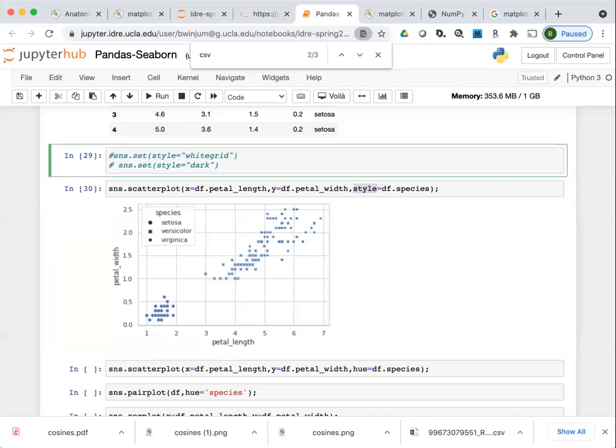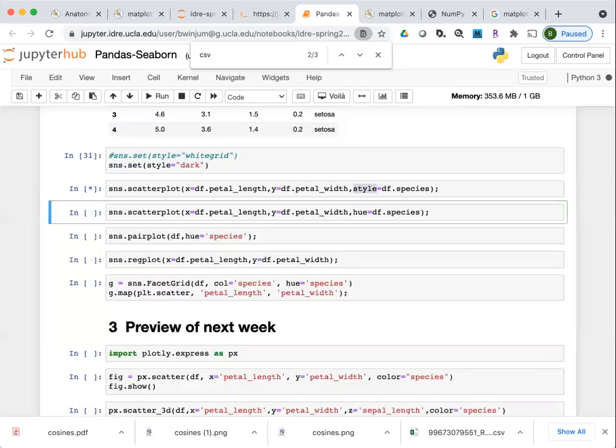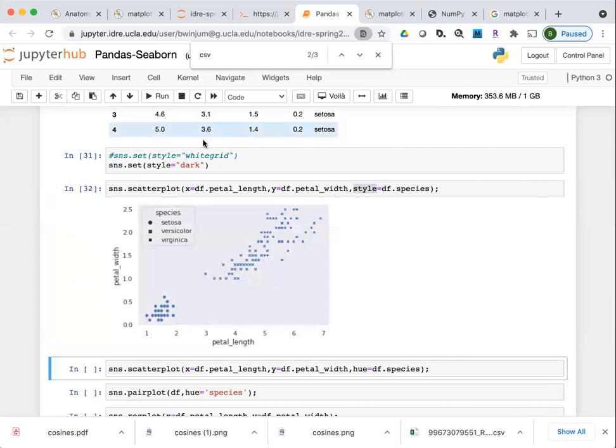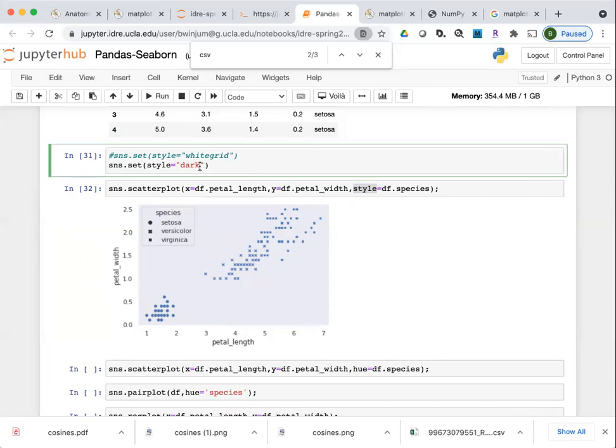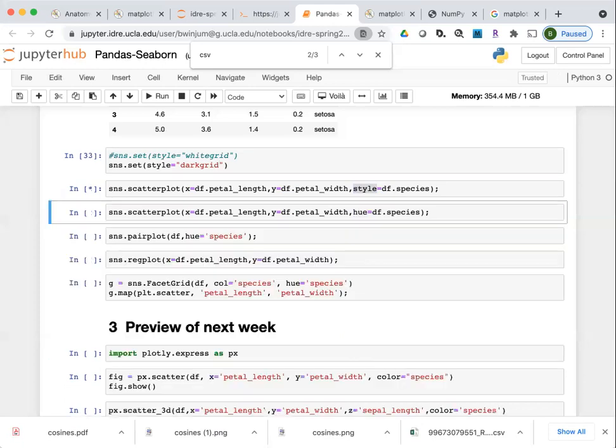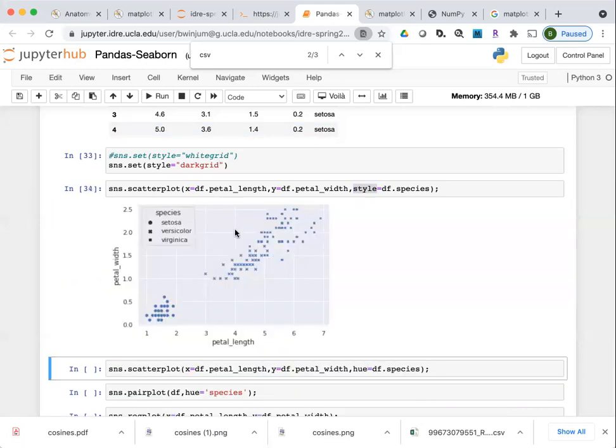Say I use a different style setting called dark. These style settings are ways to change some of the default aesthetics so that it's easy for you to tweak some basic things about the plots without a whole lot of effort. Dark grid would probably just include the grid as well as a particular way to visualize the color. One thing about setting these styles with Seaborn is that it will change the styles even if you don't use Seaborn to generate the graphic.